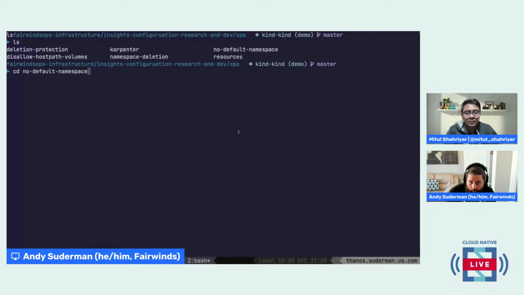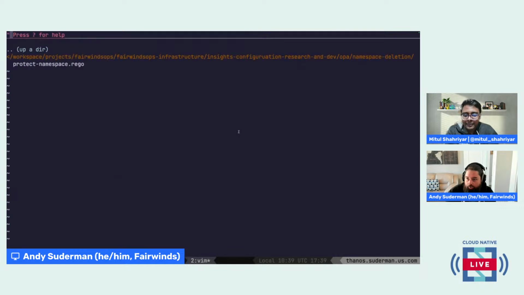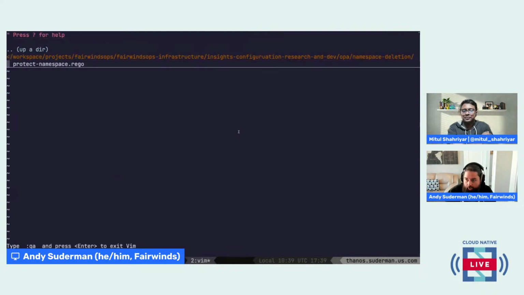We've implemented the no default namespace policy here in Rego, but one thing we also do with Rego is RBAC-type things.